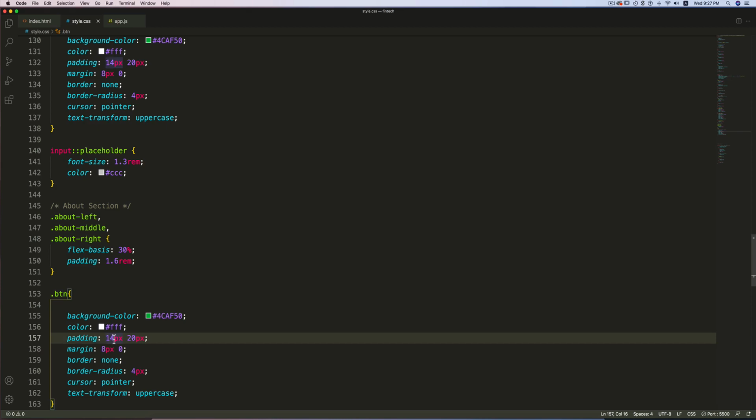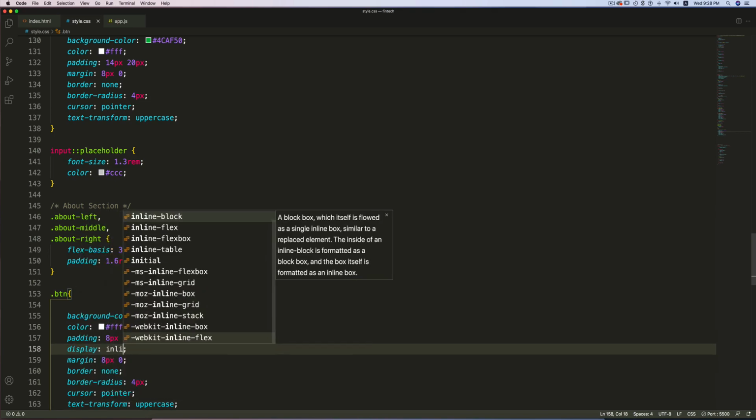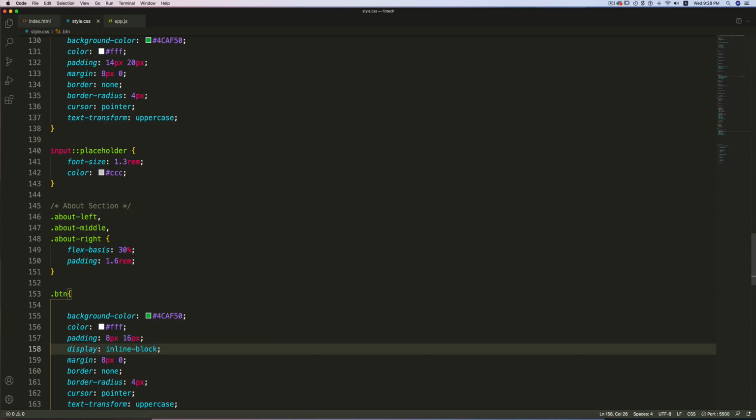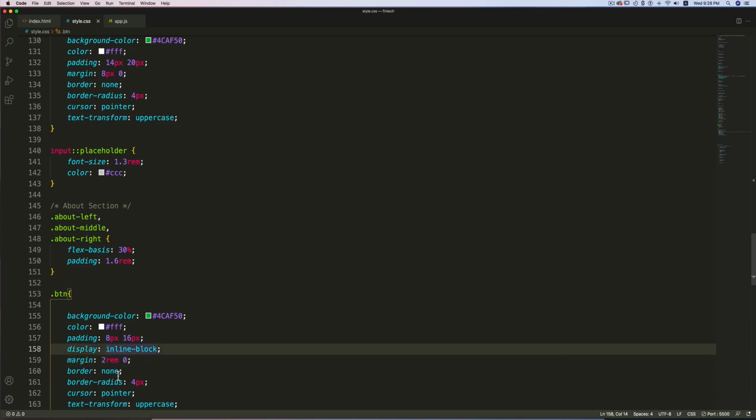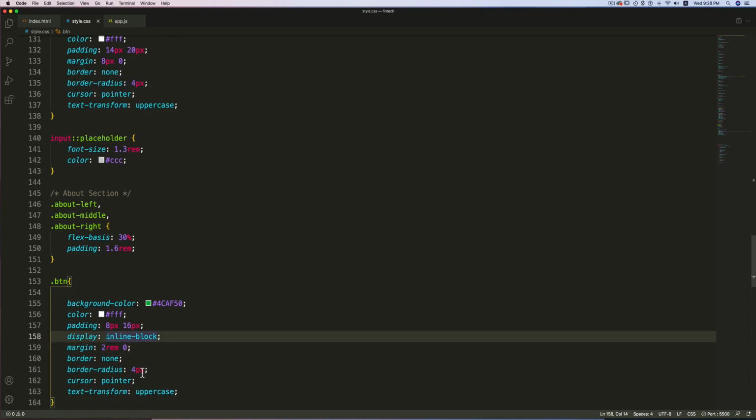Let's change the padding to 8 pixel and 16 pixel. I'll set this to display inline block. Let's change the margin to 2 rem. Border will be none, border radius okay 4 pixel, and rest will be the same.